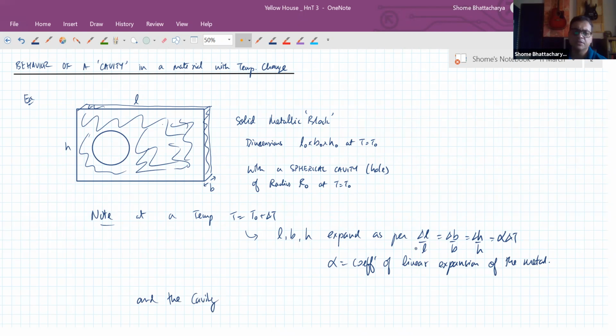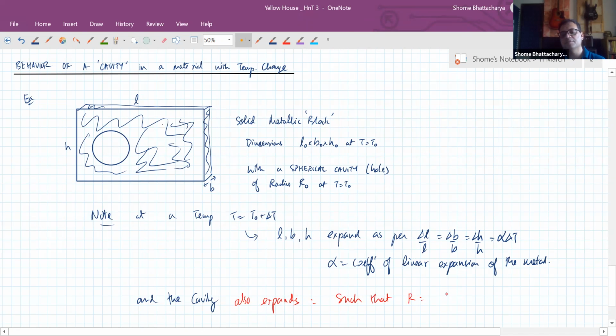When I increase the temperature, it's obvious that the outer dimensions, length, width, and height, should increase according to this formula. Delta L by L is equal to alpha delta T. But what about the spherical cavity? Should it expand or should it compress? Yes, very good, Tantrish. That's correct. Cavity also expands, such that